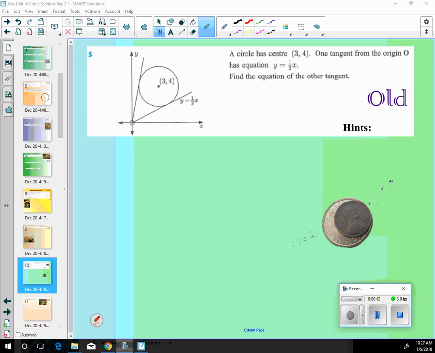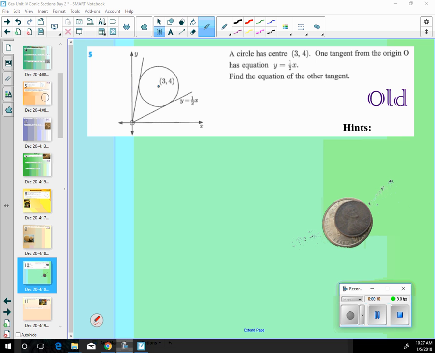And a circle has a center (3, 4), and a tangent has this equation. Find the equation of the other tangent. So what do you want to do first to find that other one? Yeah, so